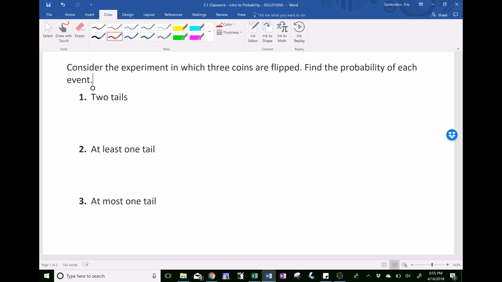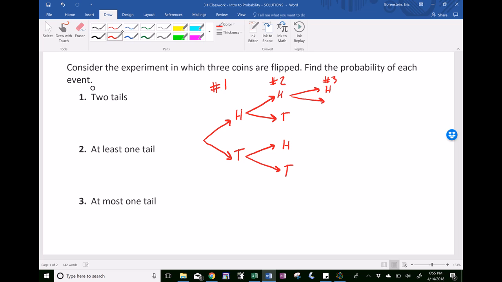So let's say flip number 1, we have 2 options. Flip number 1 could result in heads, or flip number 1 can result in tails. And flip number 2, same thing. The heads could be followed by heads, and the heads could be followed by tails. Same thing if the first flip is tails, could be followed by heads or tails. Flip number 3, same thing, followed by heads or tails,